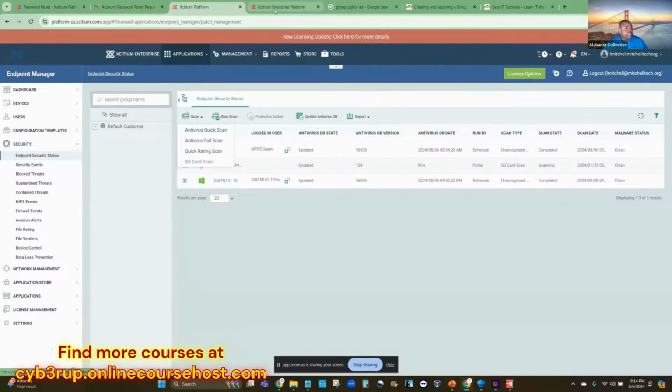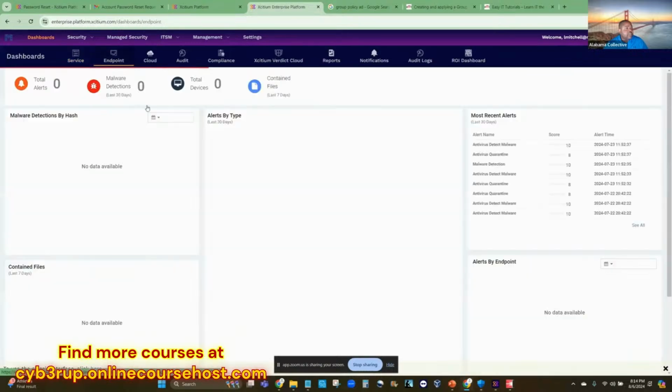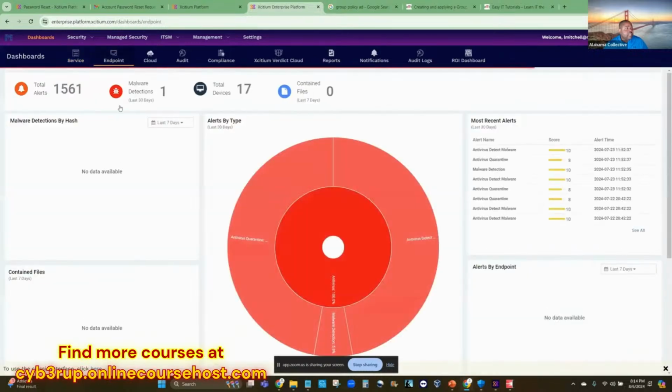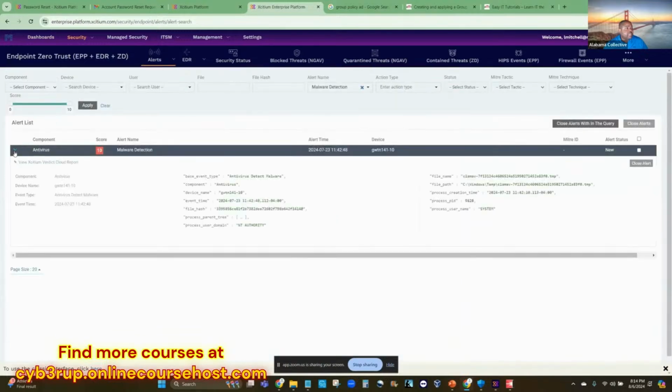So we can go into the enterprise section of this and look at the endpoints, and we could see that we have alerts, and then we actually got a malware detection, and we can not only look into that, but we could see just where it was found. We can look at the event time, but the most important thing is that it went there and it quarantined